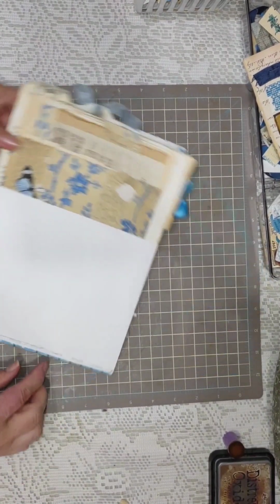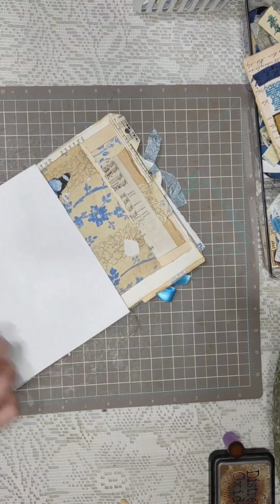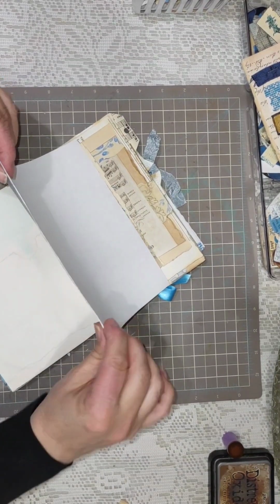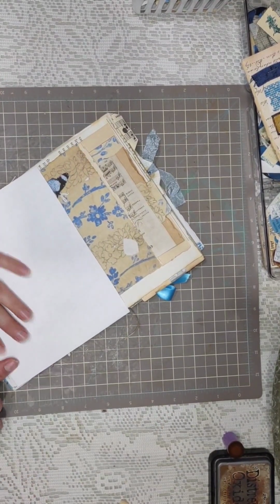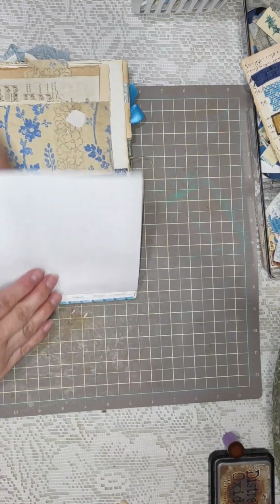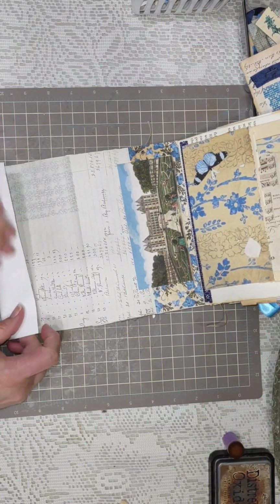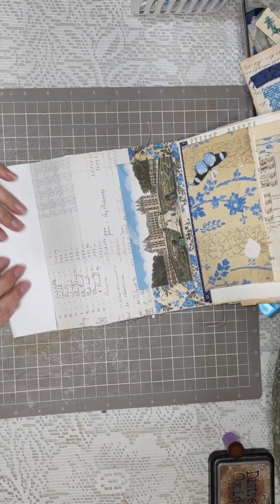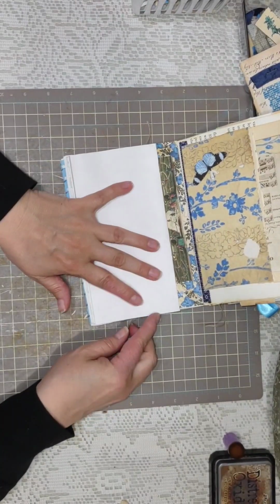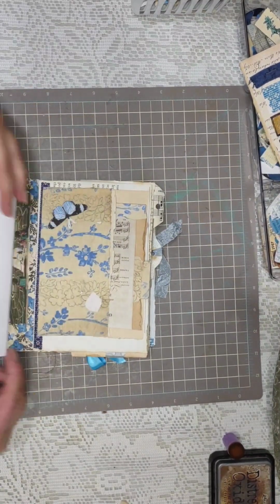So this is really going to create, see it here, right? The hard part with this is, when you move it over, you fold it enough where it's not showing too much, but that's where ink can come in handy too. Right, so, and then of course, that's a little bit long, so I'm going to create another fold in it. Like that, and as you can see, I maybe didn't cut that paper the straightest, but on the most part I did. It's a little off there. A little off, but